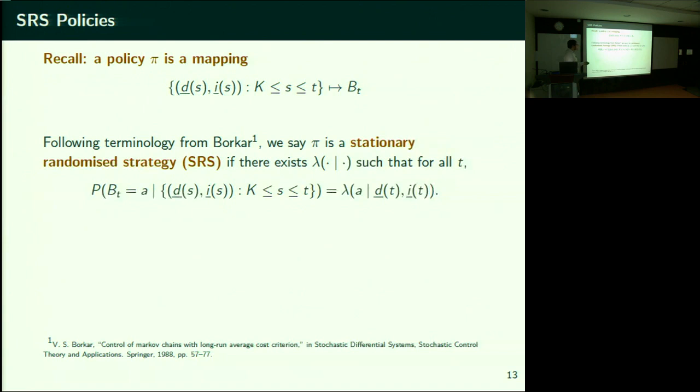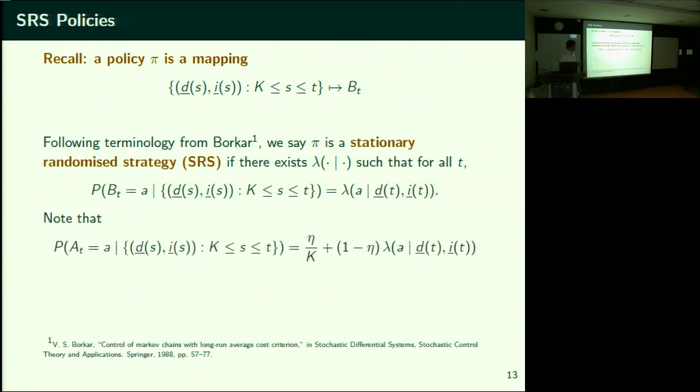If it's a stationary randomized policy, that is a particular type of policy which takes decisions only based on the current state. It doesn't look at the past actions and the past states. So let's say we have a stationary randomized strategy, an SRS policy.